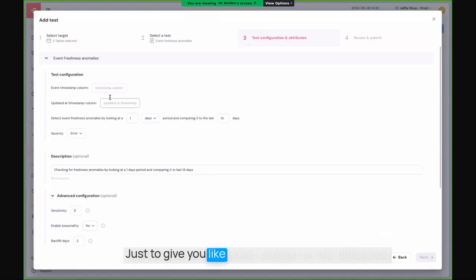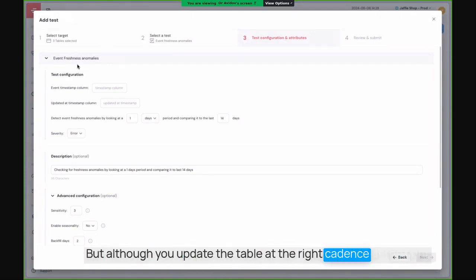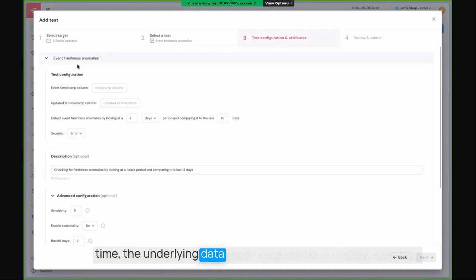Just to give you some context on the difference between, for example, event freshness and the automated freshness, some tables could be updated on time, and it could especially be the case for events tables. This is why we call this test event freshness anomalies. But although you update the table at the right cadence at the right time, the underlying data itself could be